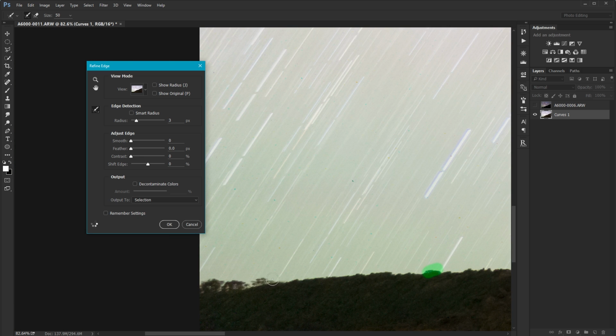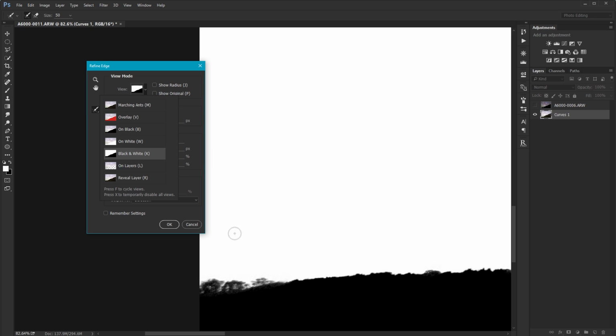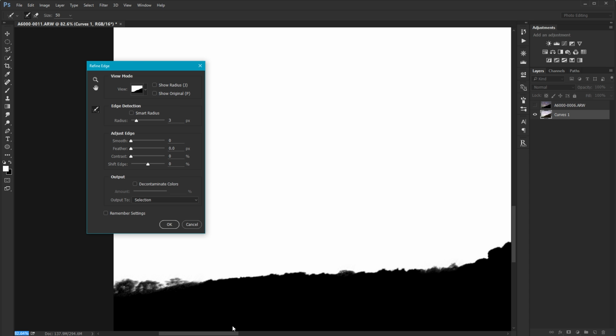So alright, if I show it on the black and white layers, you can see that brush did a good job of getting rid of those spaces. I'm going to increase the feather just a little bit and increase the contrast just a little bit too. Alright, so I'm going to output that to a selection,